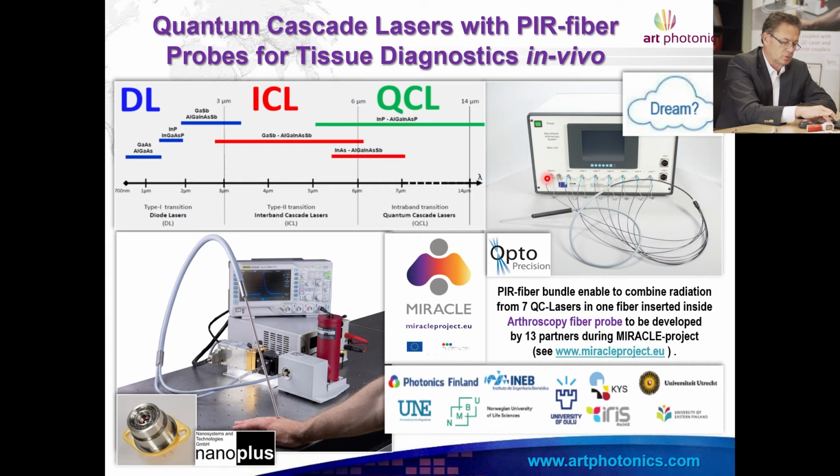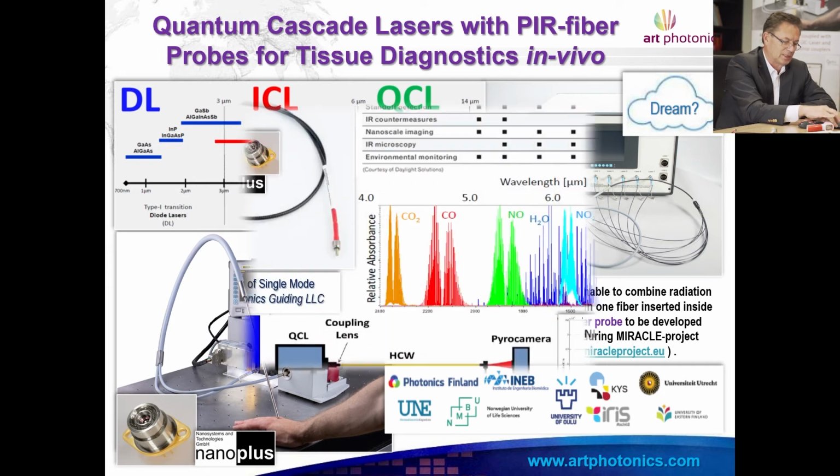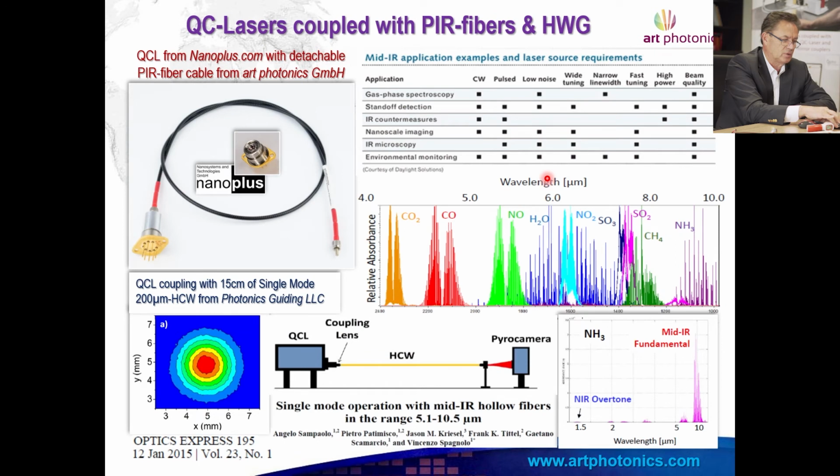But as soon as quantum cascade lasers are really fantastic, working at room temperature with extremely narrow line width, it's possible to measure gas phases. So in diagnostics, it can be, for example, measurement of exhalation, because in our exhalation we have from 600 up to 1000 volatile components, molecules, and there are some specific absorption